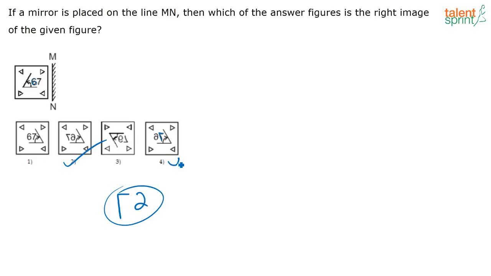So that's why option 2 is not true. Option 4 is not true. Some of you give me the answer as option 4. See, in option 4, if you see near this angle, it is given 7. 7 cannot come there.